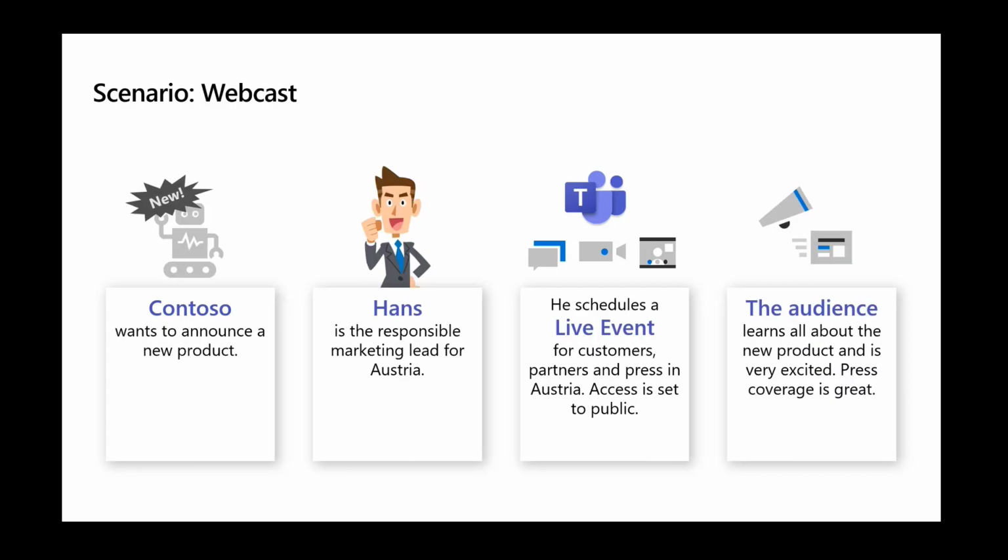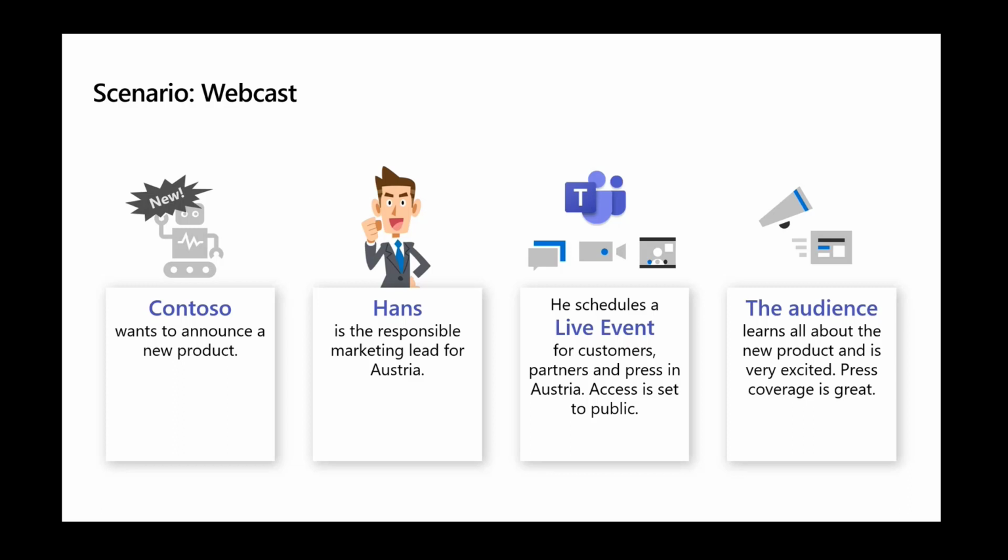So the previous one was internal. This one would be for marketing purposes, for example, right? So they want to announce a new product. The marketing lead wants to talk about this product. They have a live event, and it's set for access to the public. So anybody can access that particular live event webcast. And again, they can be anywhere in the world, and they can leverage this as a great marketing tool to